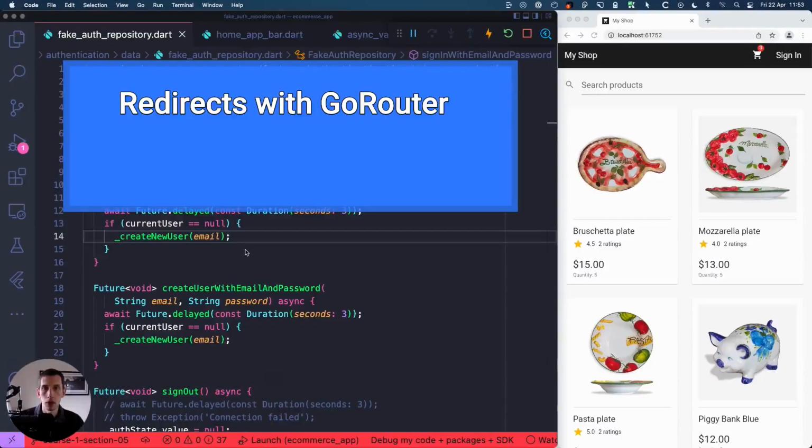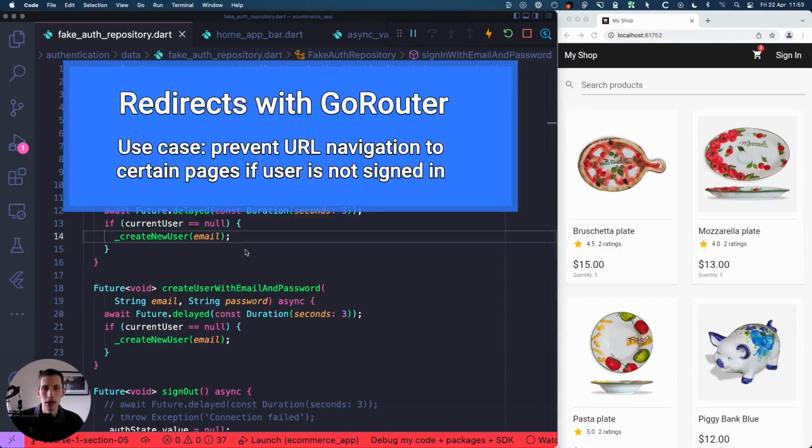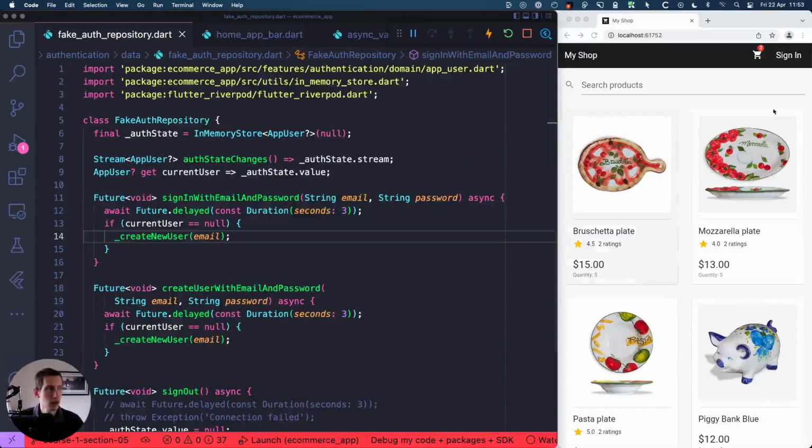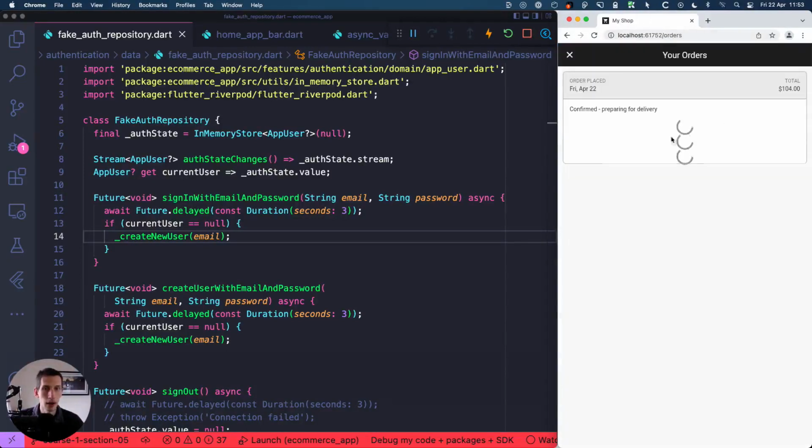In this lesson, we are going to learn about redirects using GoRouter. And the main idea behind this is that we don't want users to be able to see certain pages in our app unless they are signed in. And as you can see, over here I have the app running on Chrome and I'm currently signed out. However, if I go to the URL bar and append /orders to the URL, then I am taken to the